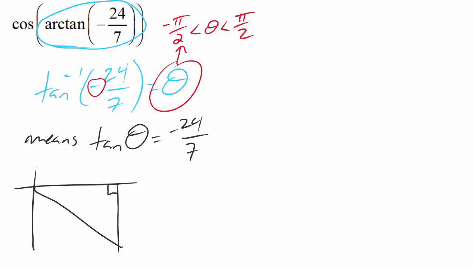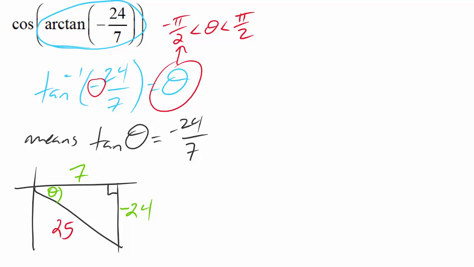like so, and our reference angle, at least, will be here for our theta. Now, since tangent is going to be equal to negative 24 over 7, and that's going to be our opposite over our adjacent side, now we just need to make sure we put the negative in the right place. In quadrant 4, the x values are positive, so the 7 is fine as is, but the 24 then needs to become negative. Because we're going to be looking at the cosine, that's going to involve the hypotenuse at some point, we're going to go ahead and use the Pythagorean theorem,